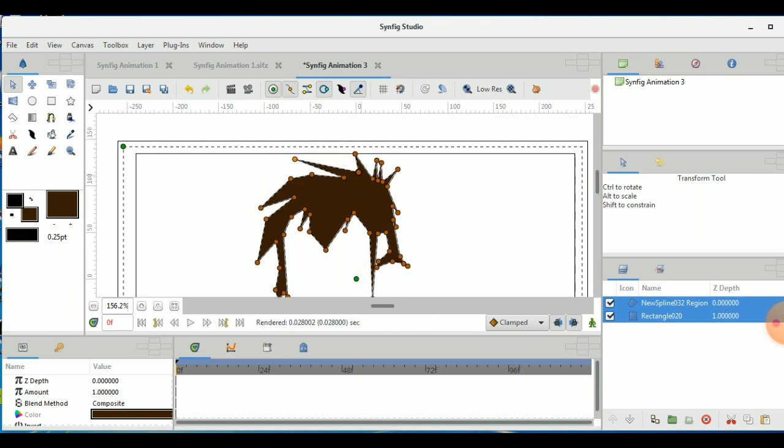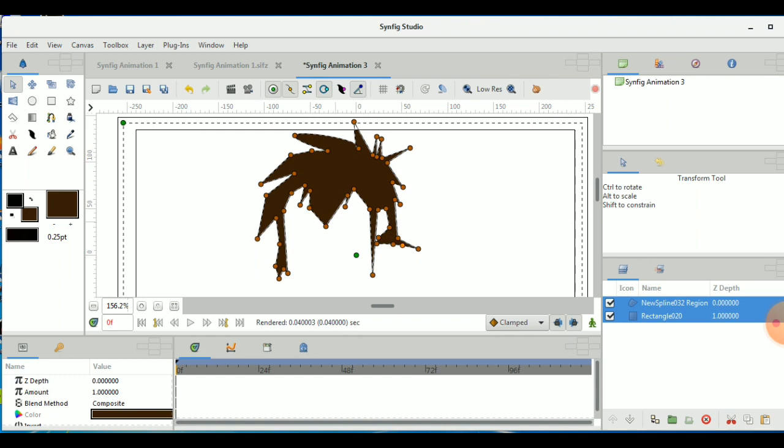For drawing the part, I have used the spline tool, and while selecting the region I have used the fill region. You can see in the right corner, I have used a rectangle as a white background, and the upper spline 032 is the hair region. You can see a rectangle in front of this rectangle, and with a new spline tool you can have a region there. So while selecting, you should take care of it.